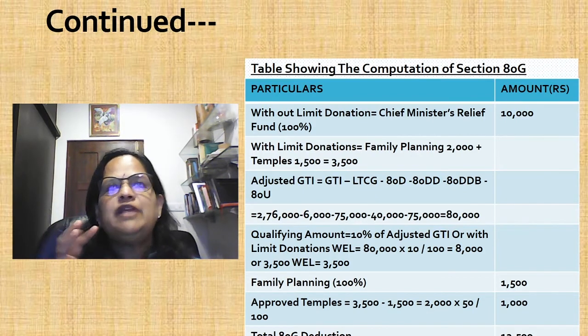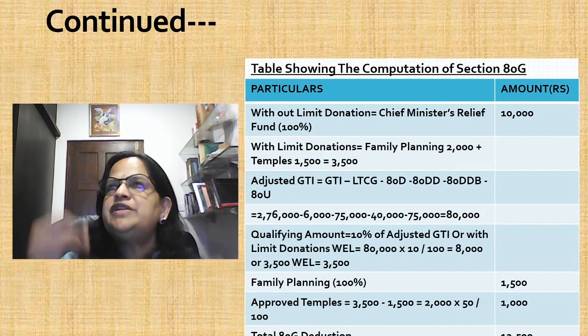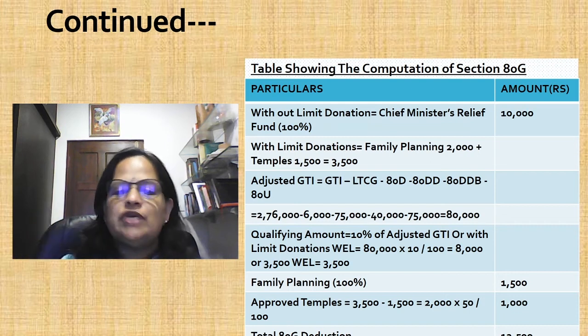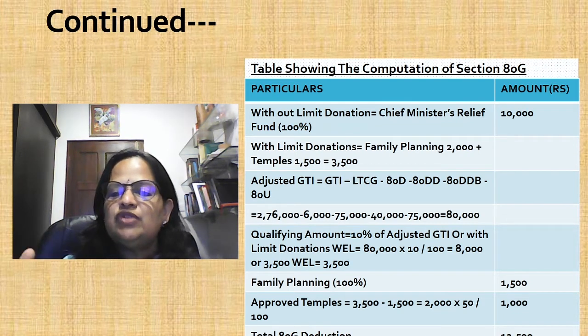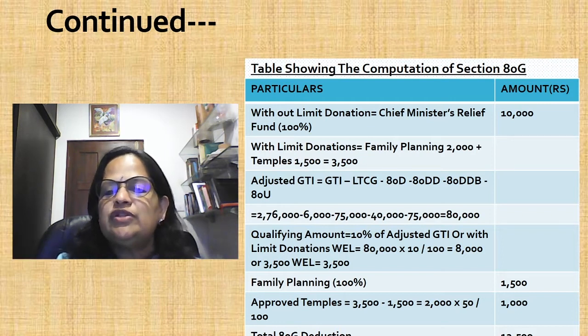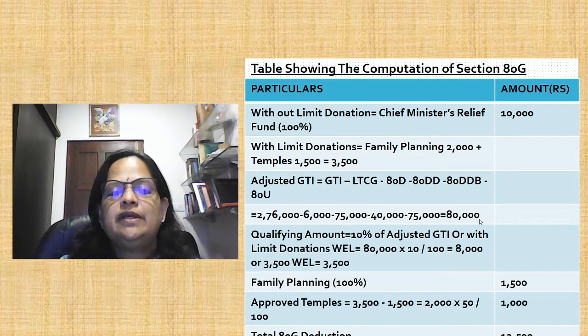Now family planning full value they will get. It is 1,500 for the family planning. Approved temples 3,500 minus 1,500, you will get 2,000. In that you will get only 50%. So 2,500 and 1,000, it's 2,500. That is how you are getting the full deduction. So total deduction 10,000, 1,500 and 1,000. Total deduction is 12,500. So this is what I want to explain with the help of deductions from gross total